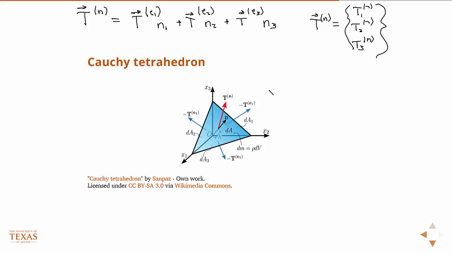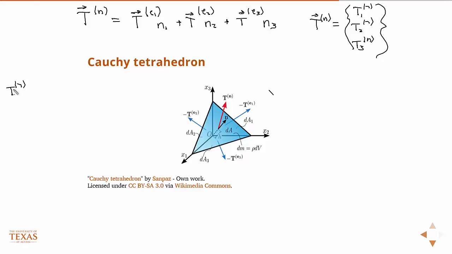And likewise for TE1, TE2, TE3. So remember, the thing in parentheses just identifies the surface in which that vector is associated with. And then the vector itself has 3 components. Okay? So if we were to write out all the components, what we're going to have is